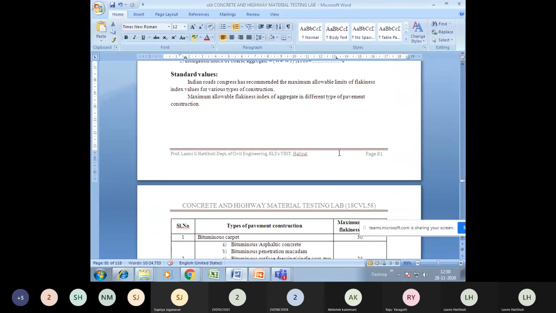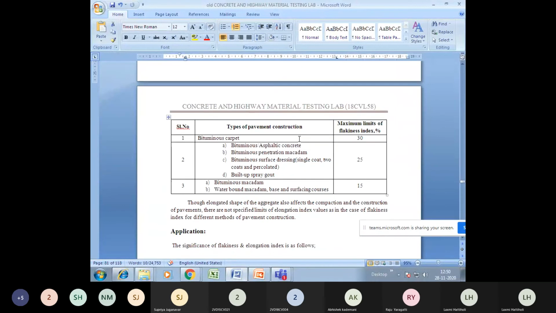As per the Indian Standard Code, there is a recommended maximum allowable limit for flakiness index for various constructions. Maximum limit is 30%, as you can see here. Bituminous carpet is 30%, and for all other bituminous macadam, waterbound macadam, it is 15%. So the maximum limit is basically 30% as per the Indian Standard Code.